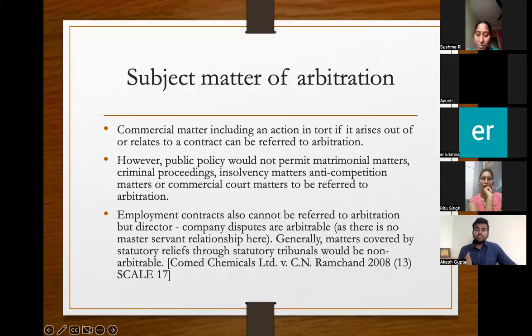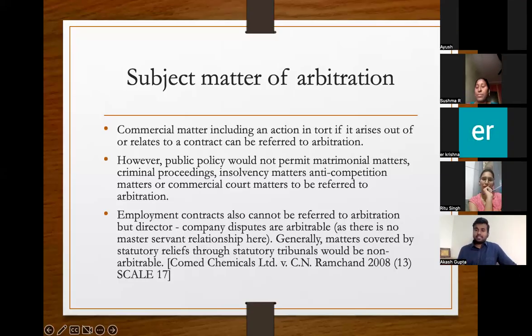Now, how do we get to decide this? The Arbitration Act is silent on this. However, there are two landmark judgments which you should be aware of. One is Booz Allen and the other one is Vidya Drolia. Both of them have very similar reasoning. Booz Allen says that rights in rem are rights against the whole world. For example, when somebody commits a crime, it's a right against the whole world that nobody should commit a crime against me, right? That is what we mean by rights in rem.